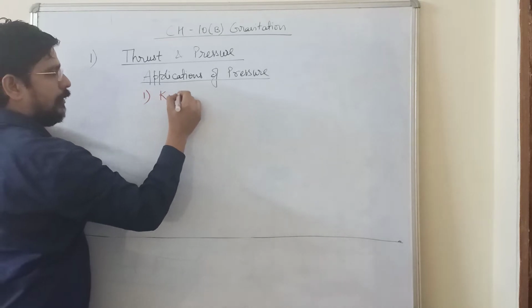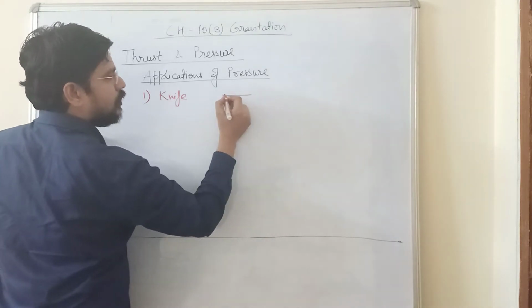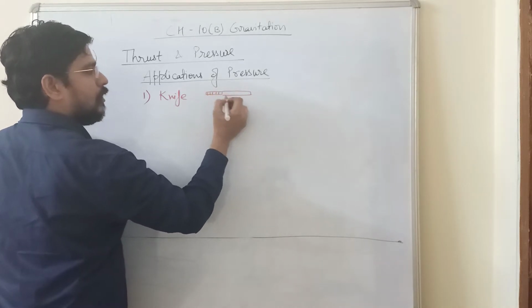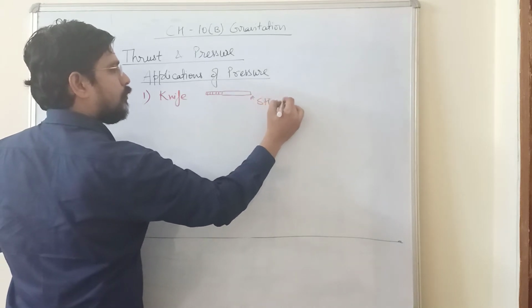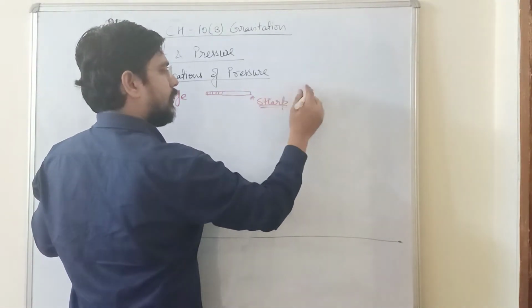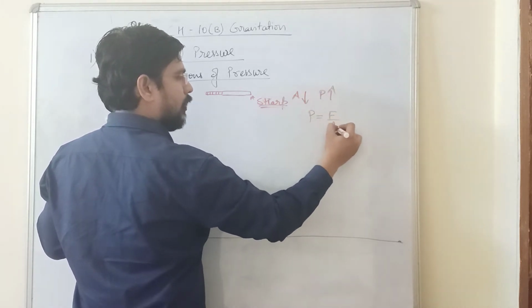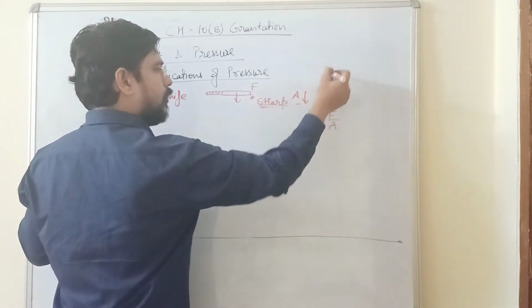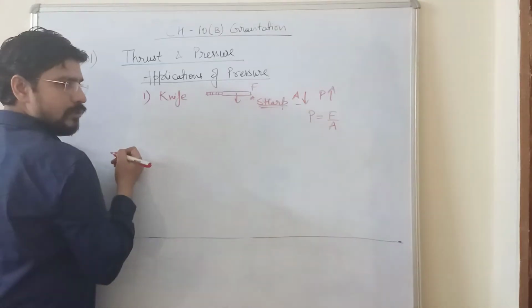First of all, the knife. A knife is a very simple application in which you have seen that one side is very sharp compared to the other side. If I design a knife like this, the grip, so one side is very sharp. The sharp side is for decreasing the area. Lesser the area, greater the pressure, because pressure is equal to force upon area. We apply force downward with the help of the handle and the area is less, so we have huge pressure and we can cut things very easily. Scissors also work on the same operation.